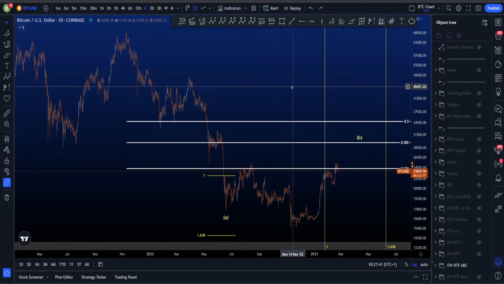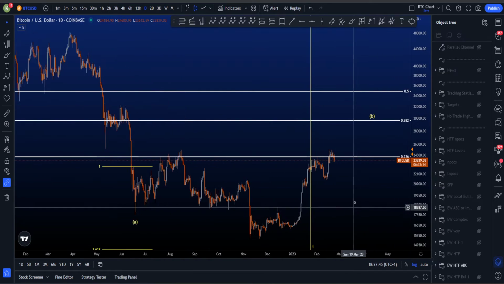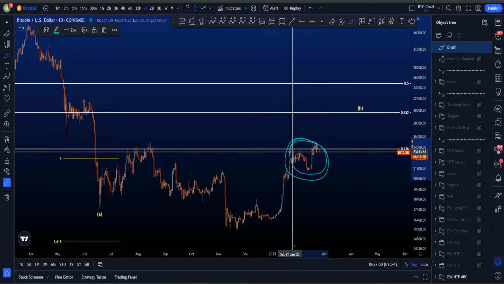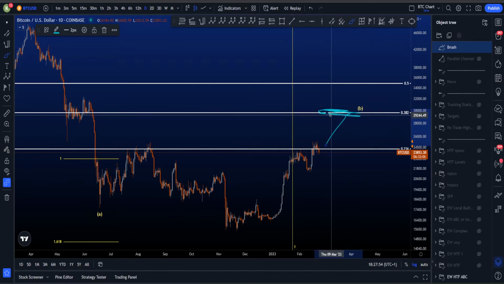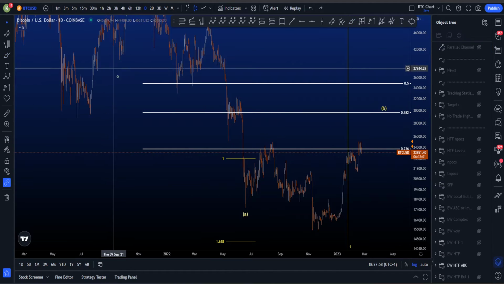And yes, there is a scenario where wave 4 on the local time frame, this wave 4, we're talking about this part now, is not finished yet, that we still have more upside to go to reach that 382, which has nice confluence here with the range as well as